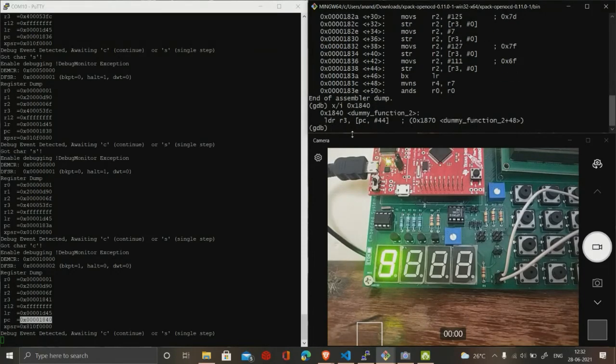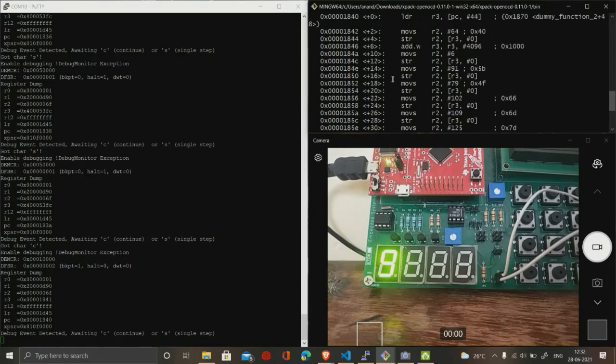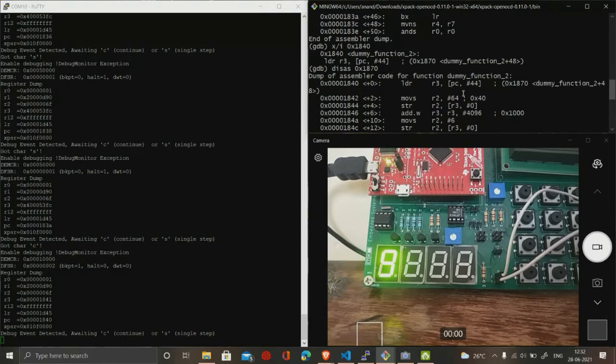As you can see, at this address we have dummy function 2. We can disassemble this. So this is the disassembly of our dummy function 2.